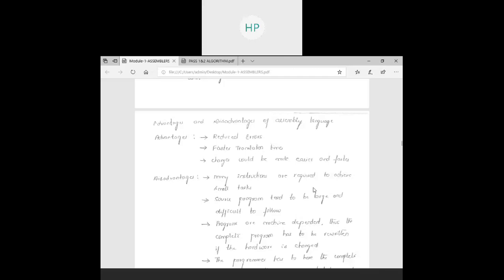If you write that in low level assembly language, you have to use 3 instructions: test the device, check whether it is ready, then only read the data, then store it in the accumulator. Of course, it will be converted to that anyway, but if you write the assembly language directly as a programmer, that is the disadvantage: many instructions are required to achieve a small task.